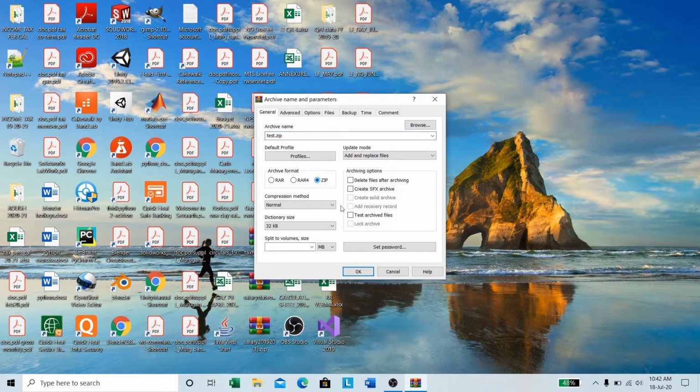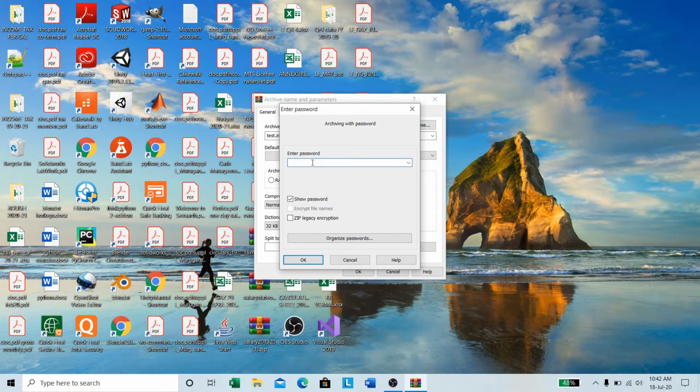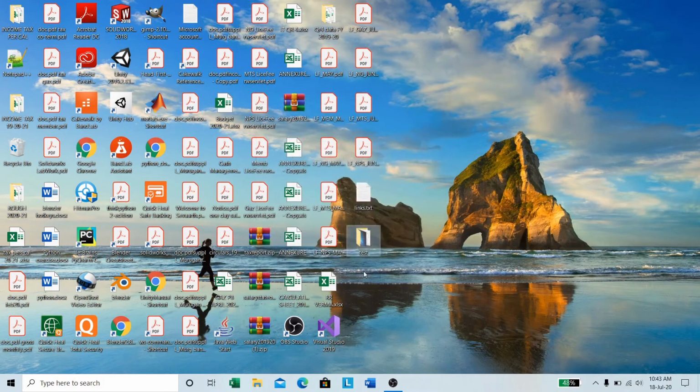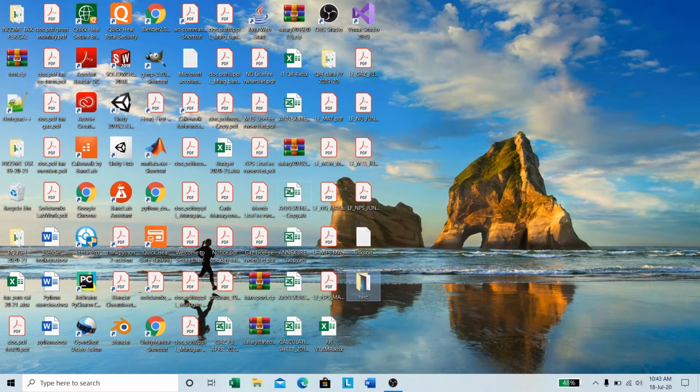Archive, zip, set password. Now this time, let's set a pretty strong password. Password 123. I know it's not that strong. Anyway, let's set it. Okay, it is created right here.